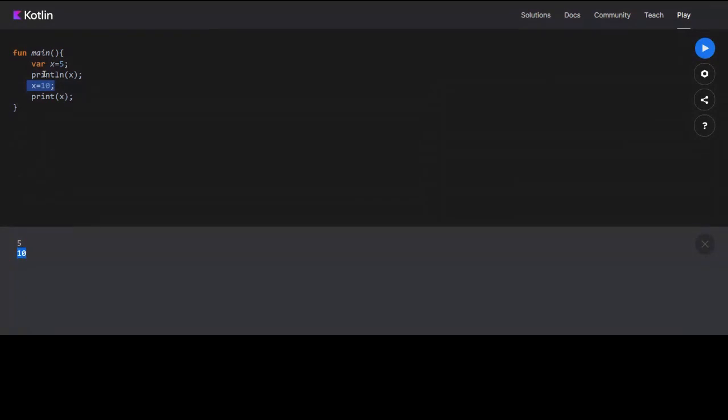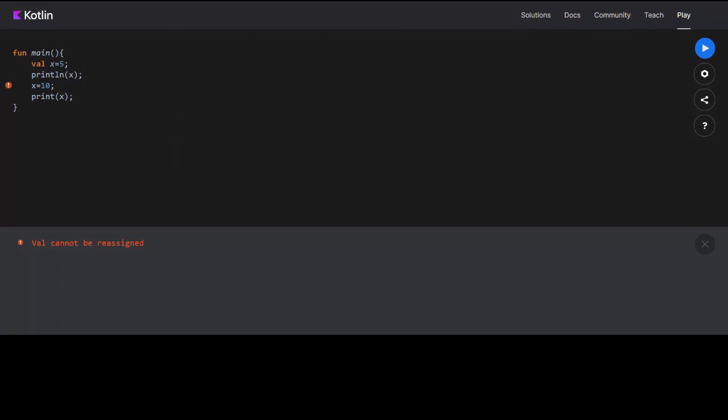It is now 10. But if I say x is val instead of var, now Kotlin will give me an error. See, val cannot be reassigned. So the value of a variable of type val cannot be reassigned. Once you define the value of val, it has to remain the same. It cannot be reassigned.